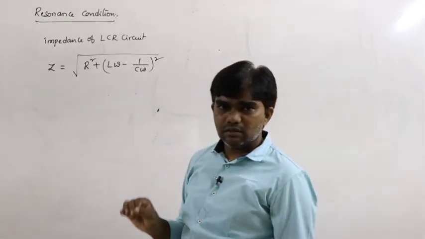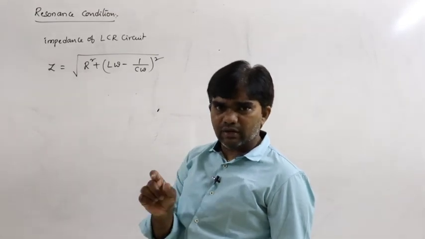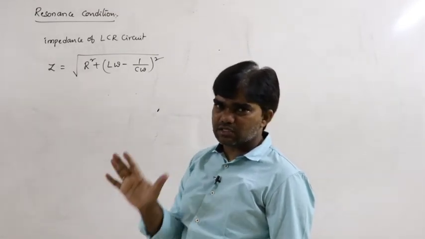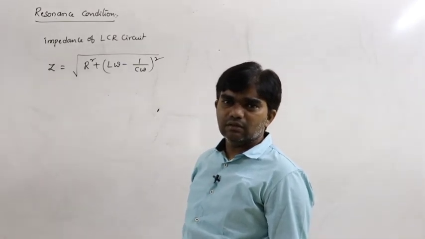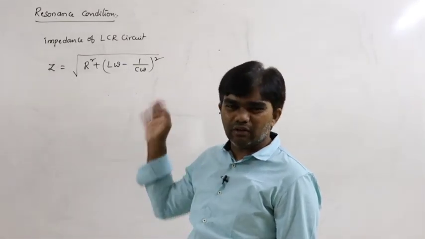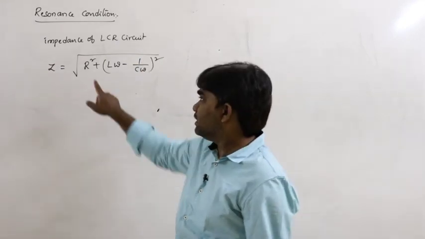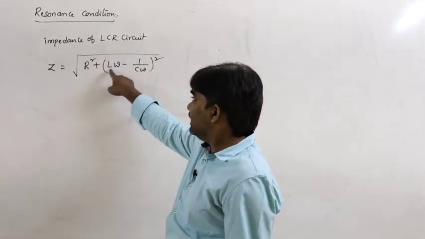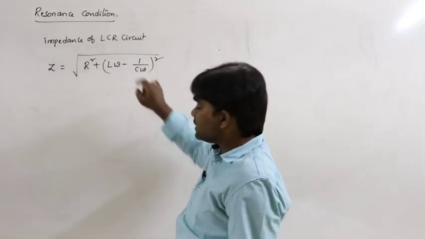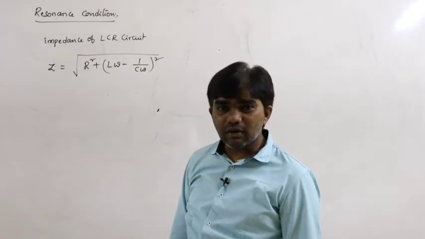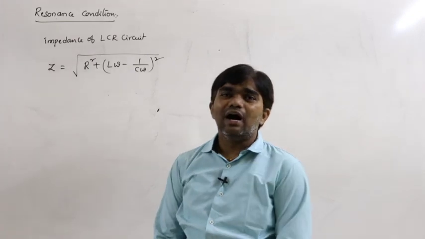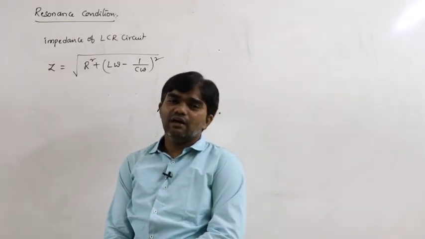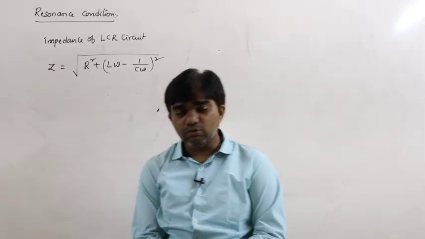Resistance: for a given resistor, the resistance remains constant. Generally it does not vary with current. Of course, any heating effect developed is another matter, but resistance remains constant, inductance remains constant, capacitance remains constant. But what is the quantity that changes here? Omega, in the sense of the alternating frequency of the circuit, changes.